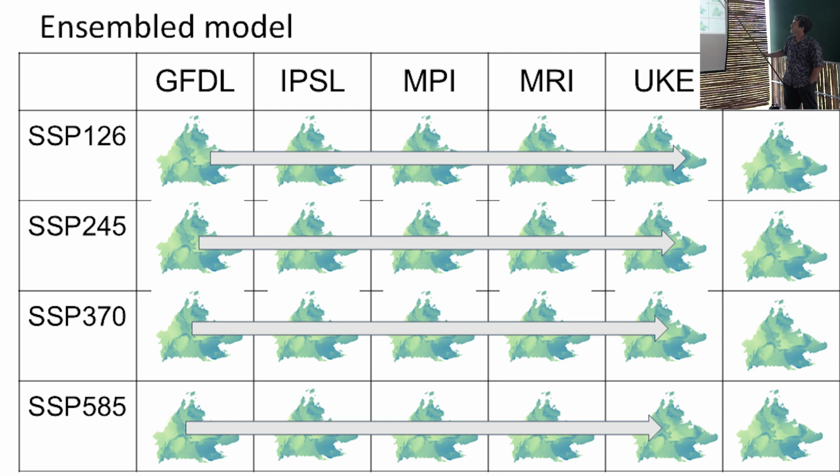We take the different projections and then we create what's an assembled model. Because what you want when you're doing the modeling work and looking at the impacts is to not base your results, where possible, on a single model, because models vary in their projections, and some models do better in certain areas, some models are rubbish, and some are probably better than average. So you collect the projections from different models, and then you average it all to say this is the likely impact in Sabah.